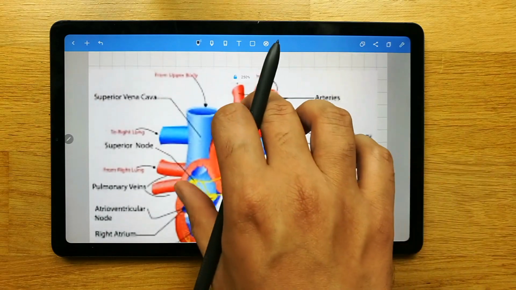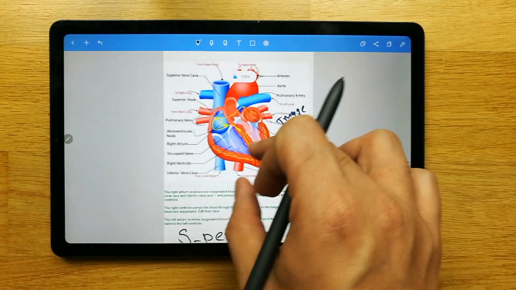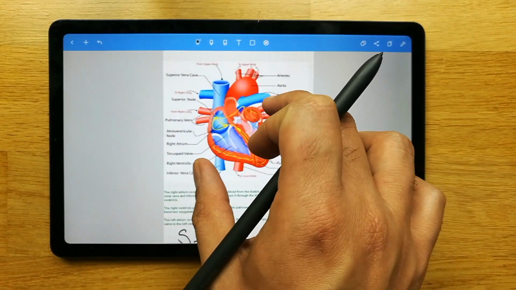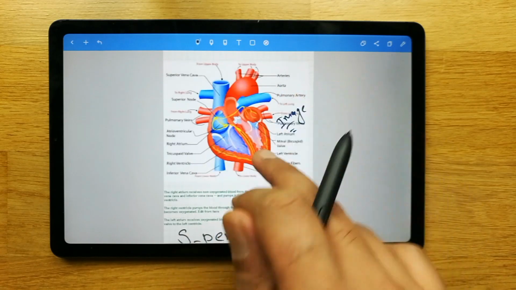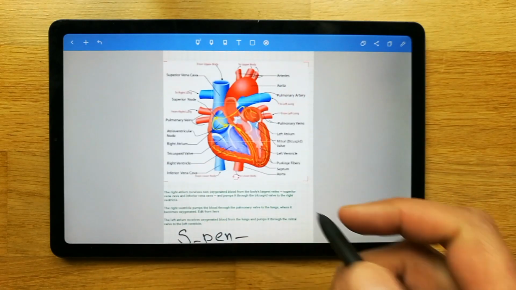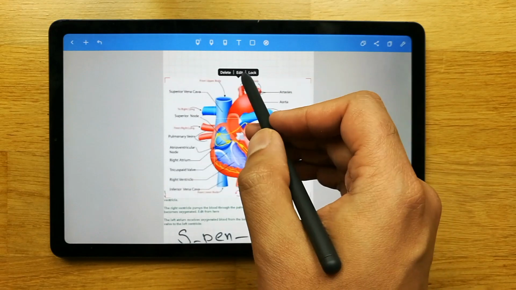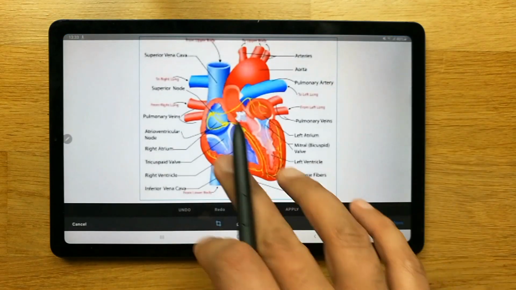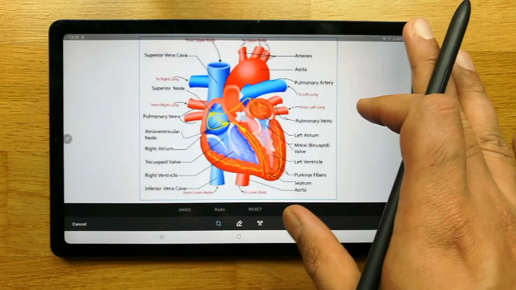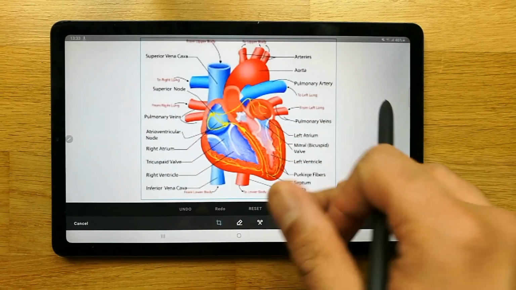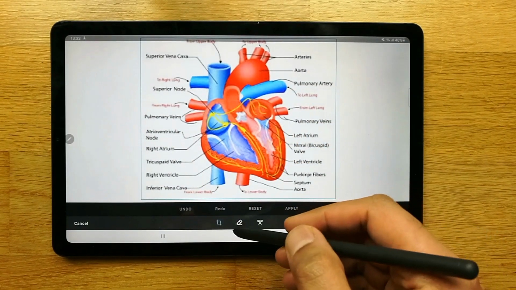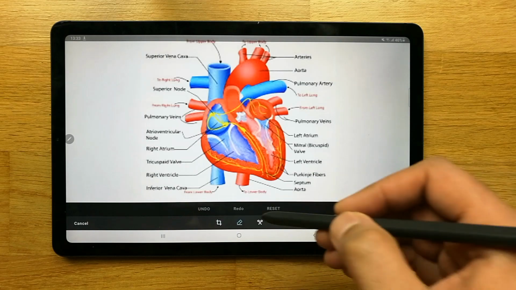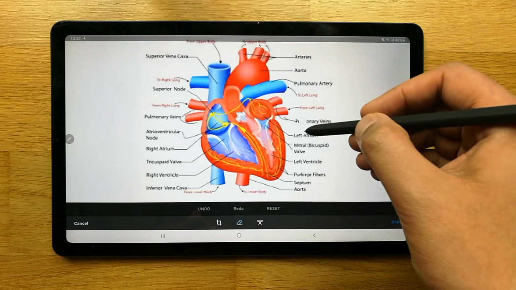The other thing that you can do is, if you want to edit this image in your notes, you can also edit it, guys. Just tap on this picture, and then you can see there is an edit option. Once you go into the edit option, it will bring you to a new window where you can do the editing. For example, if you want to erase something, use this eraser, and then you can erase.